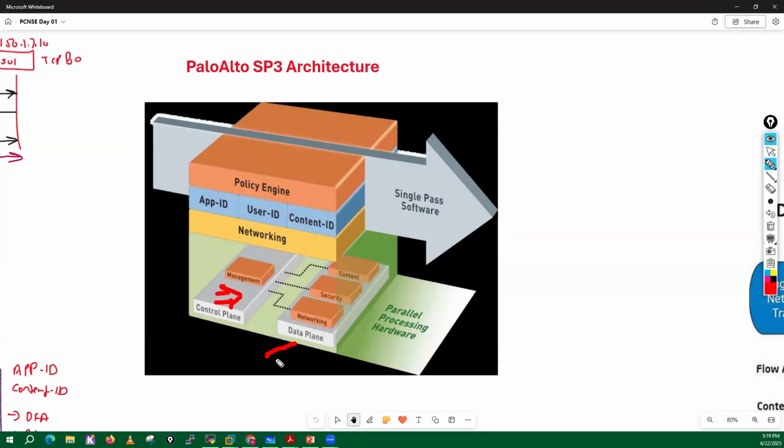Then we have a separate data plane, and that data plane is further divided into three other planes: network processor, security processor, and signature match processor. Those processors have their separate resources and separate tasks or functions to perform, and they are able to perform all those tasks in a parallel way. That is known as parallel processing hardware, guys.